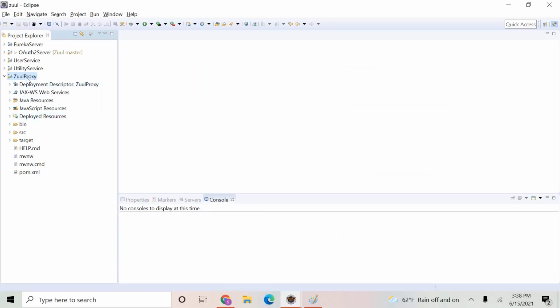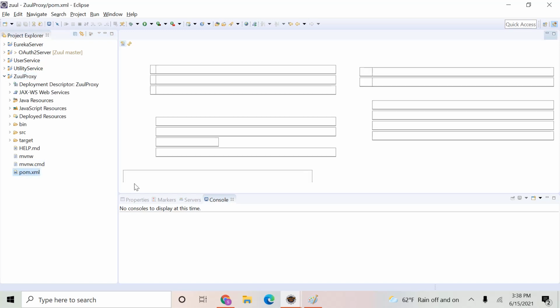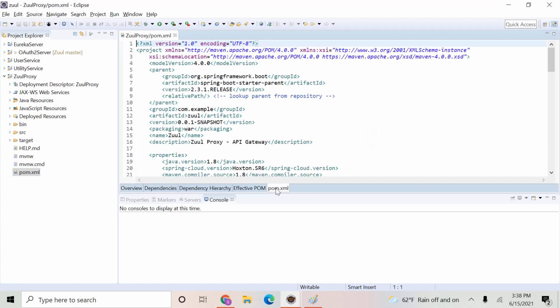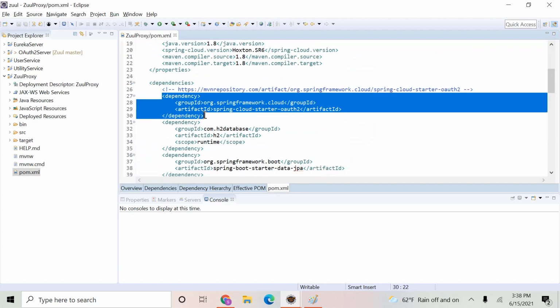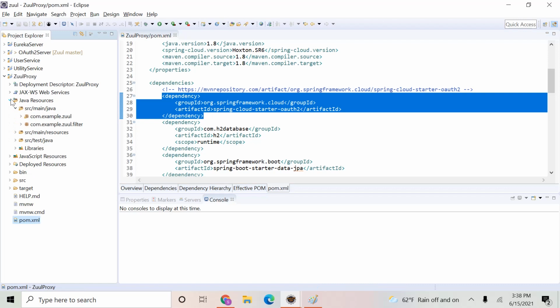This is our Zuul proxy application. The first step is to add the security dependency, the OAuth2 dependency, here in pom.xml. So we have to add this dependency, Spring Cloud Starter OAuth2, so that we can implement the security here in the Zuul proxy. The next step is to create the resource server configuration.